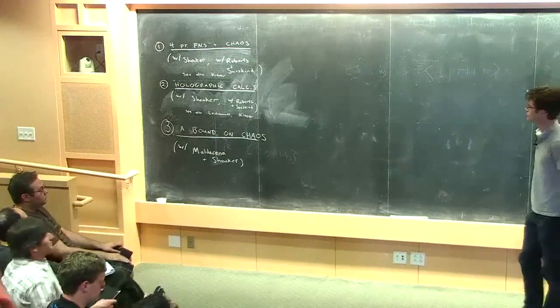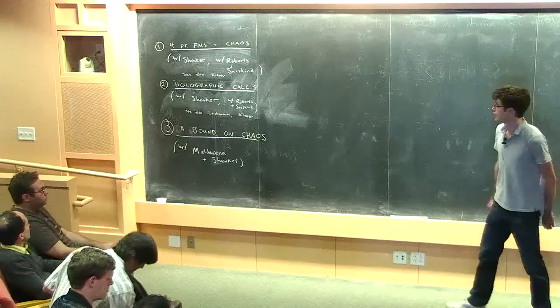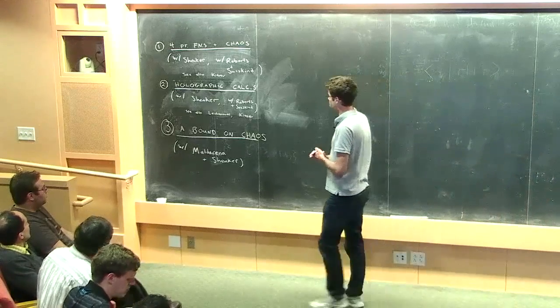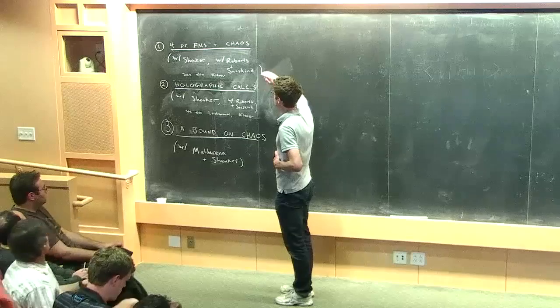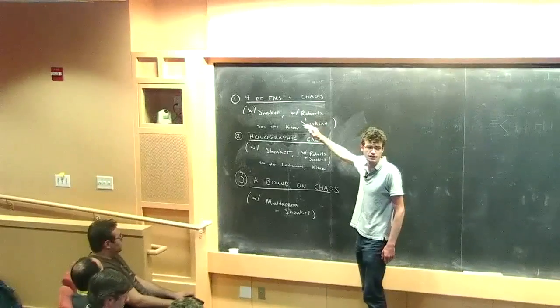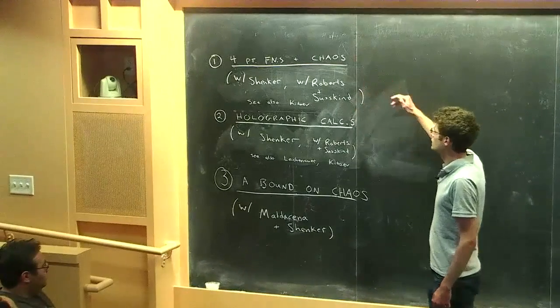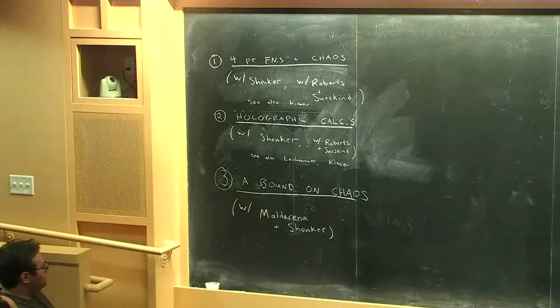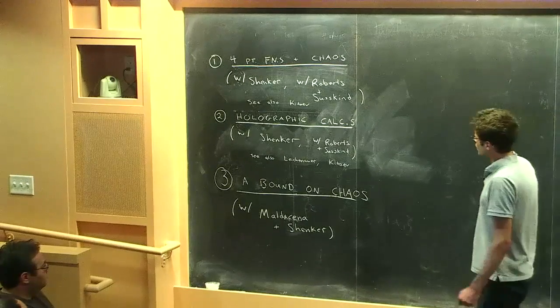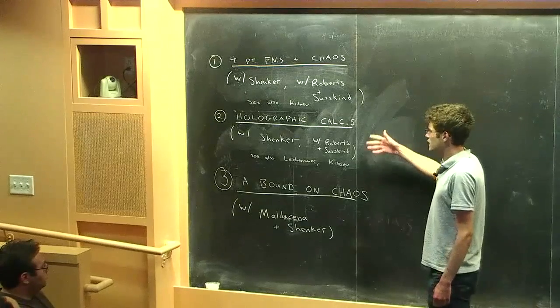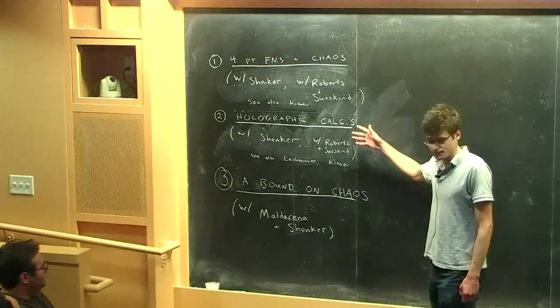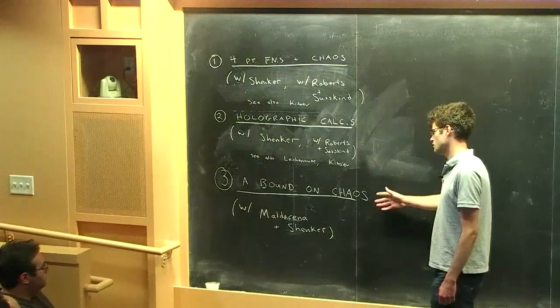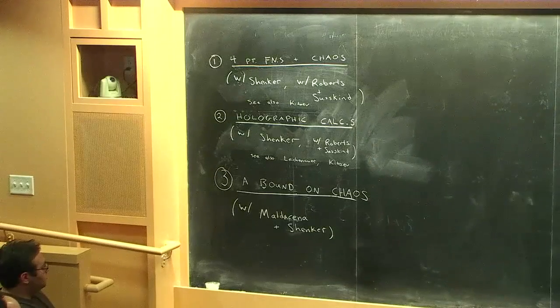My talk is about chaos in thermal quantum systems, and here's the plan. I'm going to introduce the 4-point functions that we use to diagnose chaos using a simple spin chain as an example system. Then I'll discuss how to calculate these 4-point functions using holography, and then finally give an argument that bounds these 4-point functions that translates to a bound on the rate at which chaos develops in quantum mechanics.